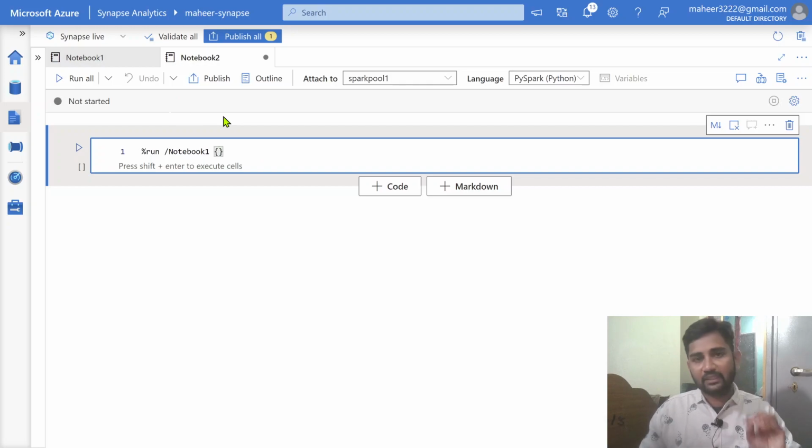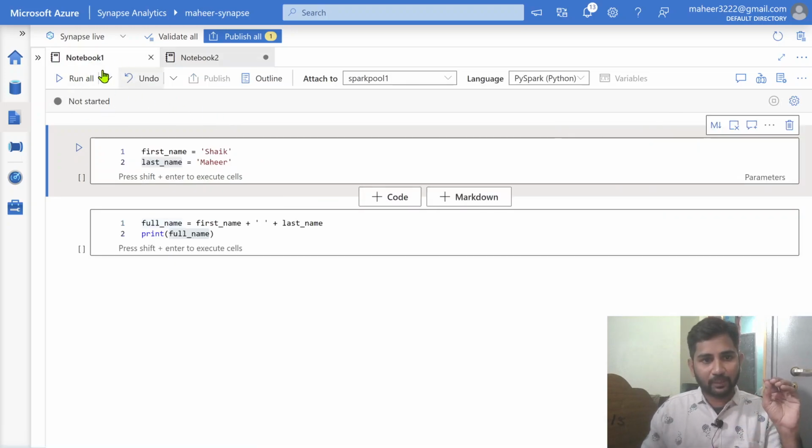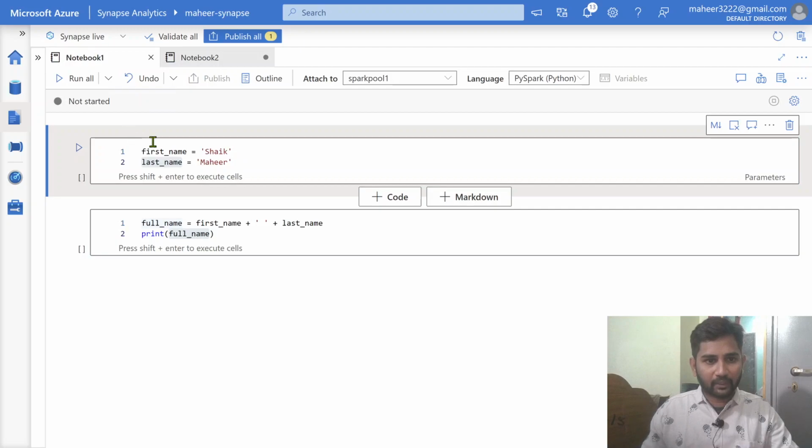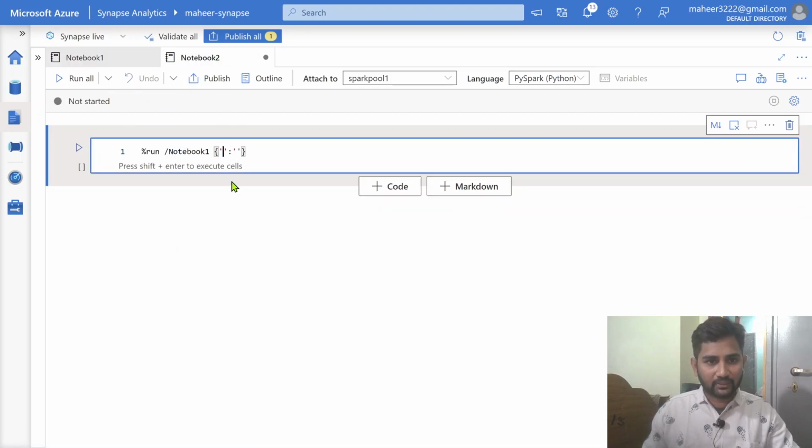Now, as I said in my last video, if this notebook has any parameters, then you can supply values for those parameters using the dictionary syntax. That means using key value pairs. So here I can use key value pairs like this. My key is going to be my parameter name. First name is going to act as a parameter, so take that and pass it here, and then supply a value for this first name. Maybe I am going to supply Pradeep.